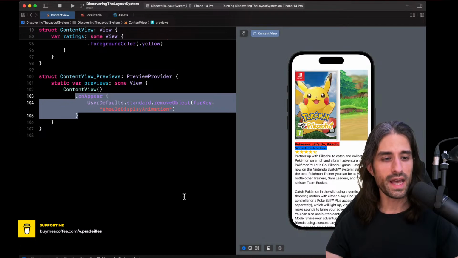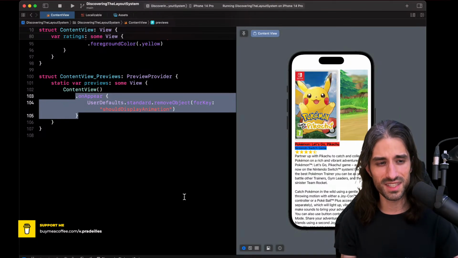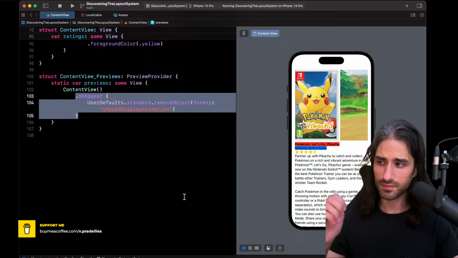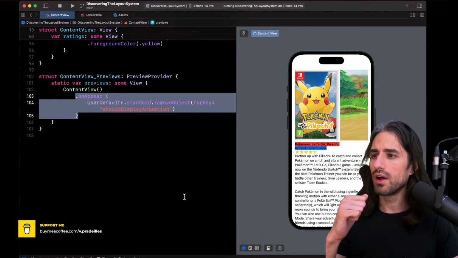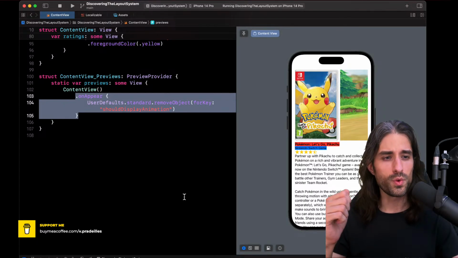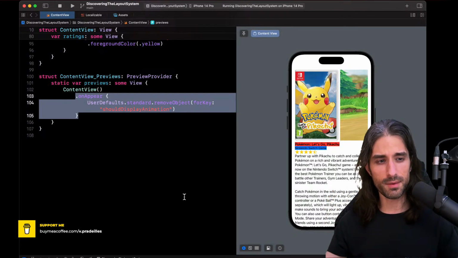We've seen that HStack and VStack are also fitting views in a transitive way, because since they know the intrinsic size of their child, they also know their own intrinsic size that they derive from that of their child. And then we have filling views, which take all the space available to them.